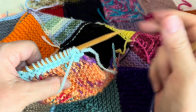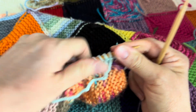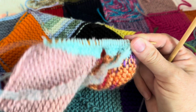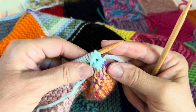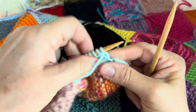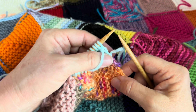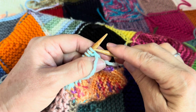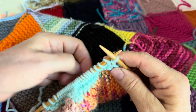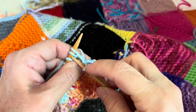All right, now we are back to the right side again. And I'm using acrylic yarn for these tutorials. So with the acrylic yarn and these bamboo needles, my yarn is a little sticky. So bear with me as I shove it up the needle. All right, so now we're going to go ahead and slip the first stitch again, take the yarn to the back, knit the next 2 stitches together,